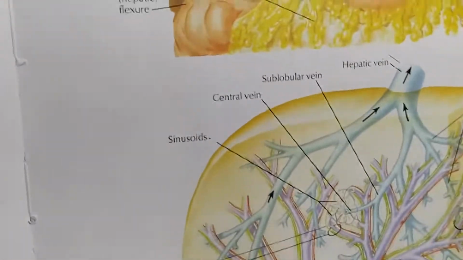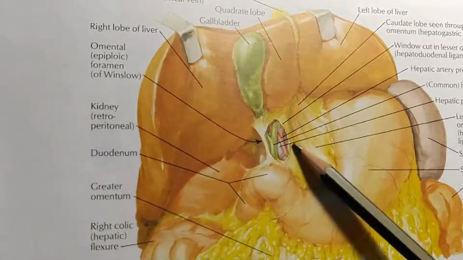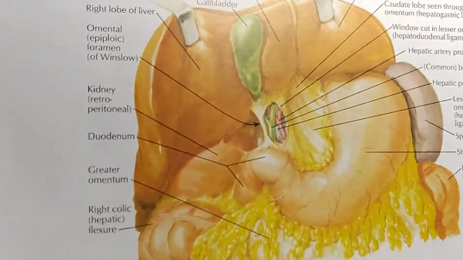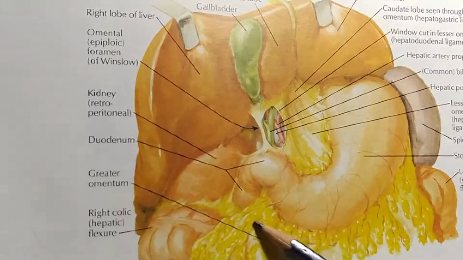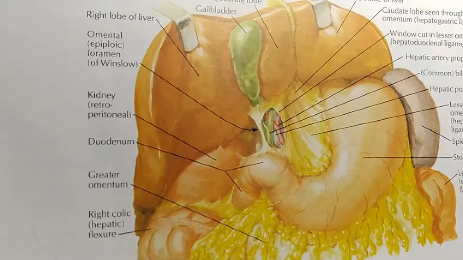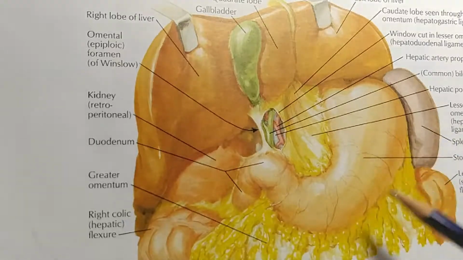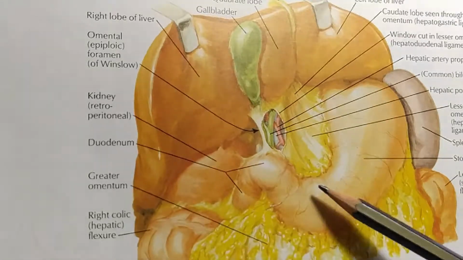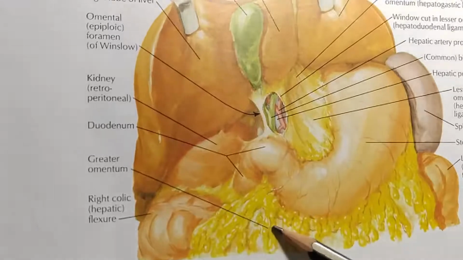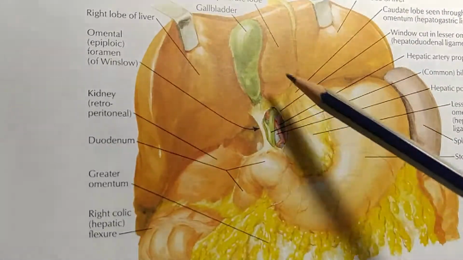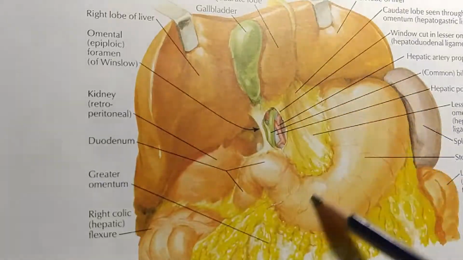Now I'm going to show you the next thing, that is the lesser omentum. In the case of the stomach, you can say a huge peritoneal fold is attached to the stomach. This is the greater sac or greater omentum. So all of this is the peritoneal part of the abdomen that we see, which is included in the greater sac. And the lesser sac, you can see that this is the liver and this is the stomach.